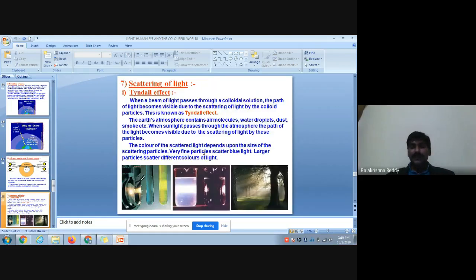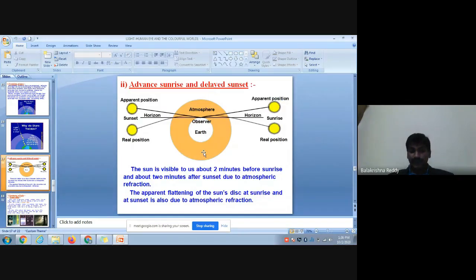Now, in the same manner, when the light ray comes at noon time, if you look at the sun, the noon time sun looks white in color because the light ray which comes from the sun is straight down at a 90 degree angle. It will not deviate in such a case. So that's why it appears in white color. The light ray will not bend; it will go straight without deviation.